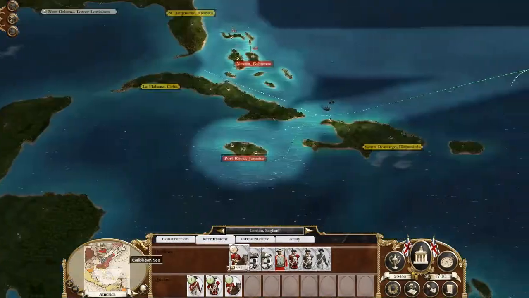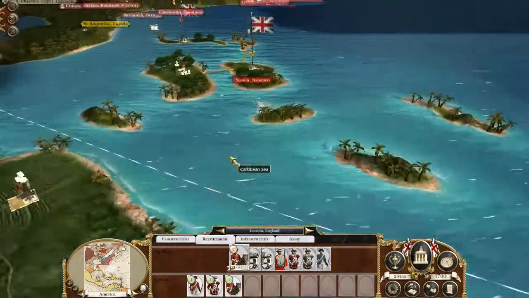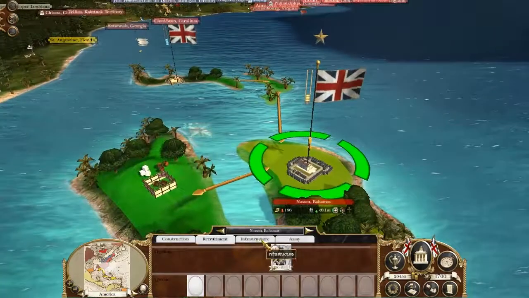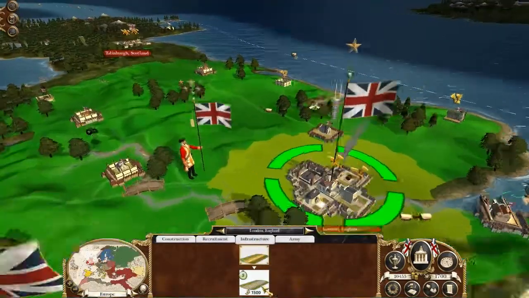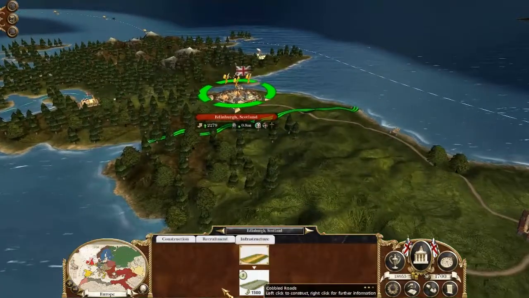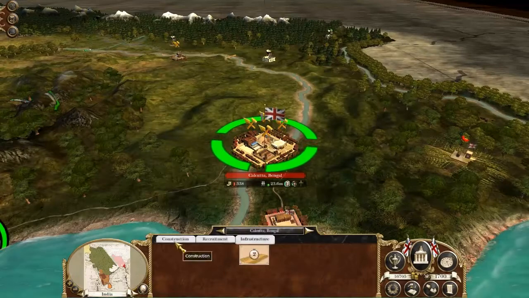It's quite interesting. Okay, what we're going to do here, we are going to improve the infrastructure on the cities, not there. So if we improve the infrastructure on the cities, like here, we don't own any cities in America, but Bengal, we've got basic roads. Actually, we might as well...